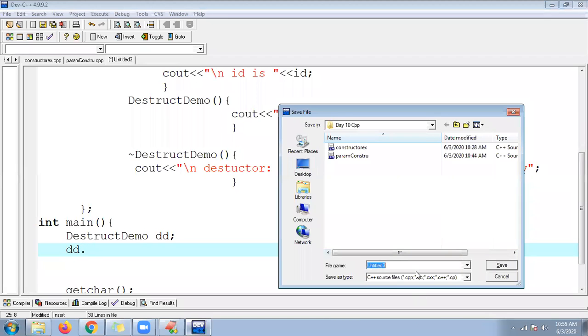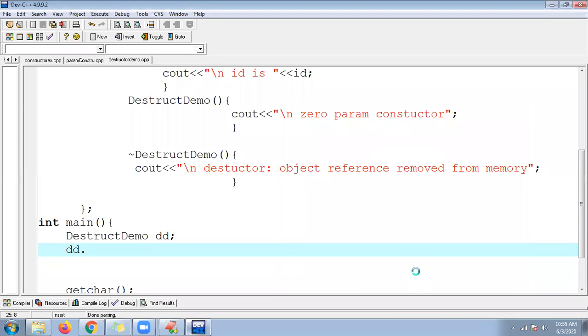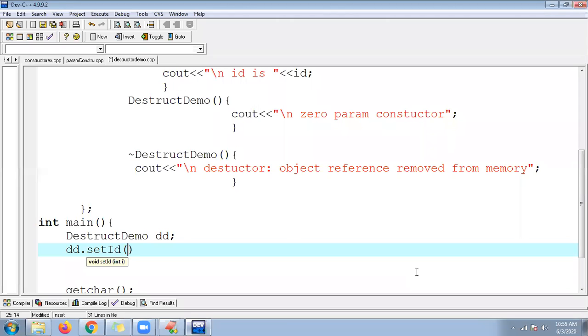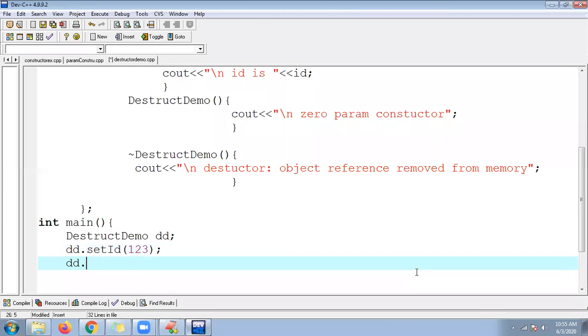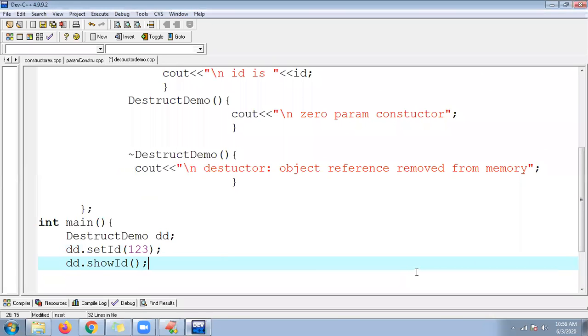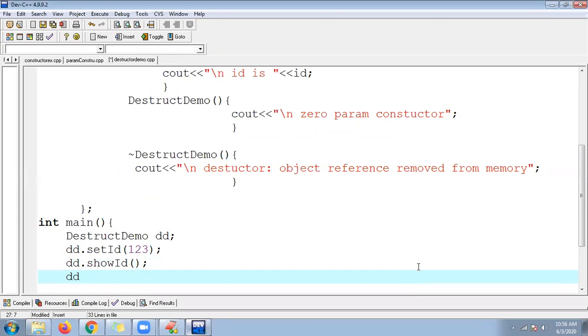First of all, I need to show the destructor demo. So Control S. Now you can see here set ID. I'm setting some ID 1, 2, 3. Okay, fine, and dd dot show ID. Show ID is shown.